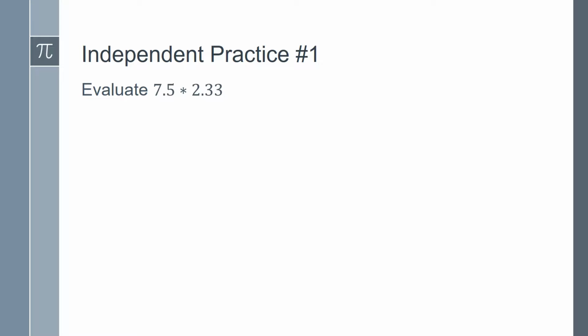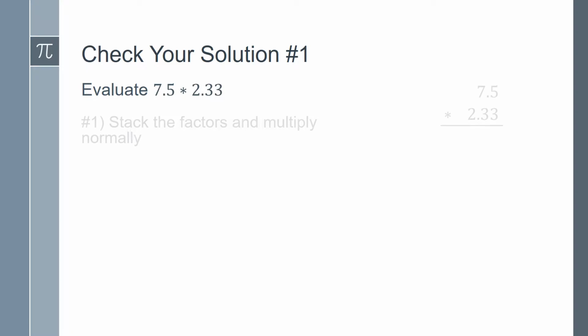Independent practice number 1. Evaluate 7.5 times 2.33. Now is a good time to pause this video and work on this problem if you have not done so already. We need to make sure that we follow the decimal multiplication algorithm. The first step is to stack the factors and multiply normally while ignoring the decimal points. So 7.5 times 2.33, if we ignore the decimal points, the answer is